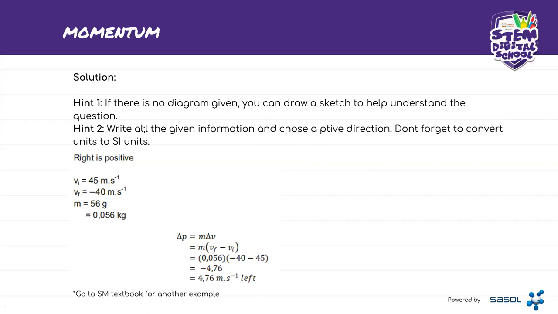So do you guys notice something that's happening here? Whenever we work with change in momentum, the mass stays the same, but the velocities are the ones that change. Okay, so you're going to have your initial velocity and a final velocity, but your mass will be more or less the same because you're speaking about one object. Okay, that force is acting, it can act on another object, but we're focusing on the object that is in motion. Okay,